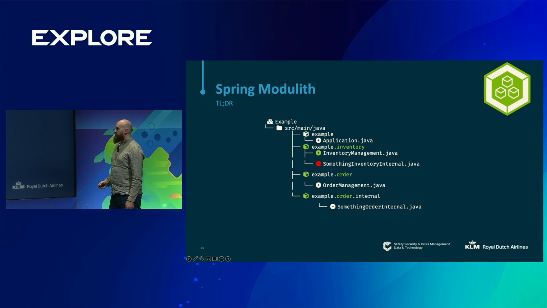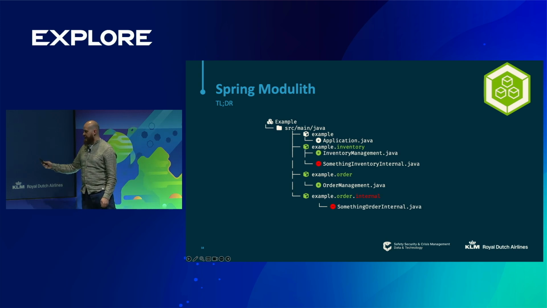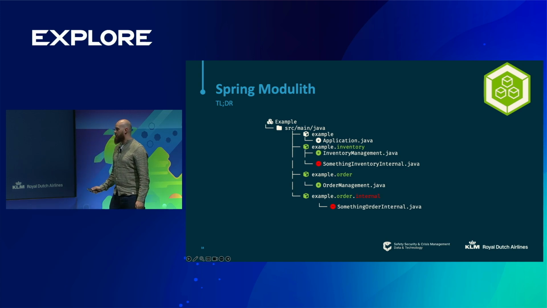The order package is kind of getting closer to what we think of as a more complex example. So at the root folder, we've got order management, which would be our API level. The interesting thing here is that it doesn't matter what this order internal class's access modifier is. It can be public, but because it is an internal or a sub-package, Modulith will just fail when you try to access it. It just will say, no, that's not part of our standard definition. You're not allowed to do this, which is great because that's how